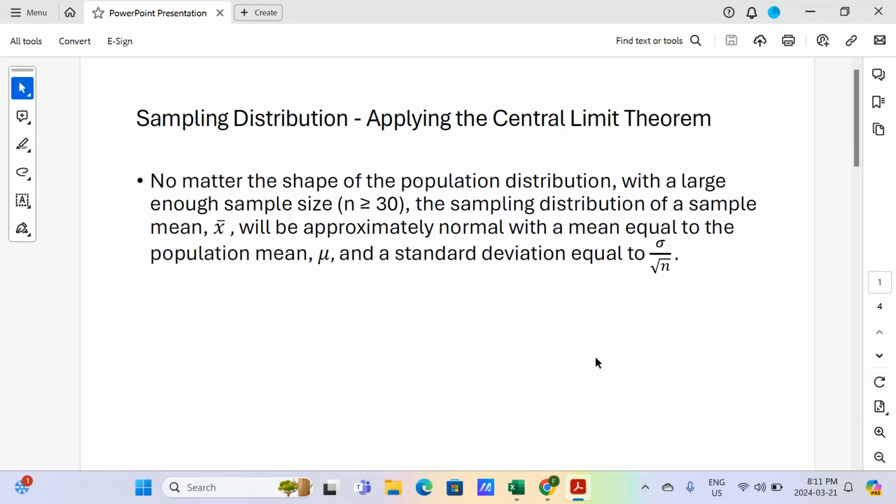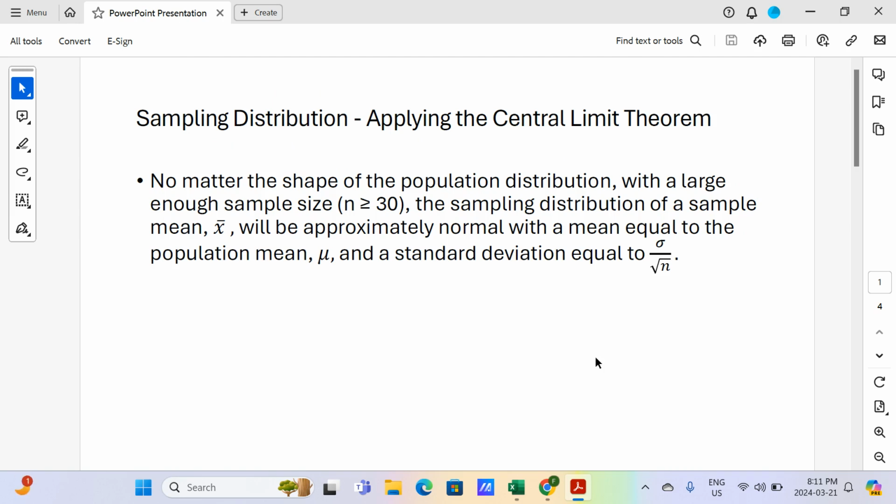In this video, I'm going to talk about sampling distribution of the sample mean X bar. So I'm going to show you some application of central limit theorem. Okay, so central limit theorem in summary says